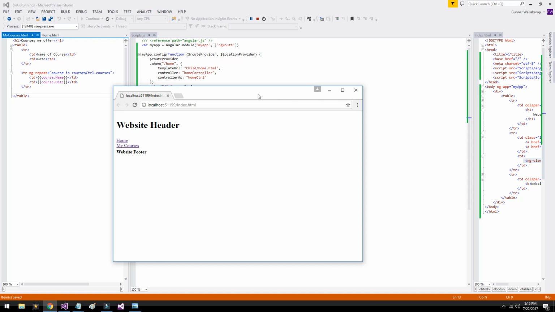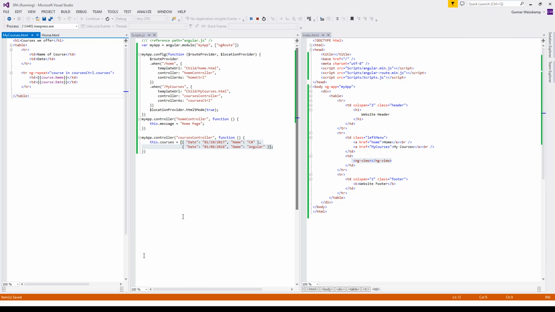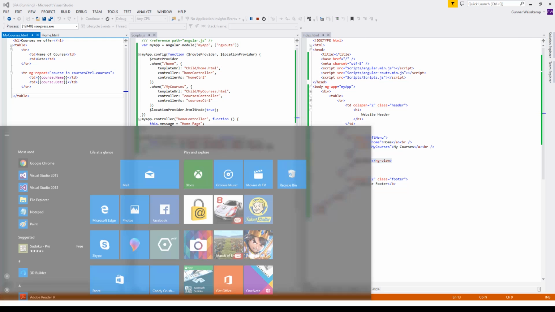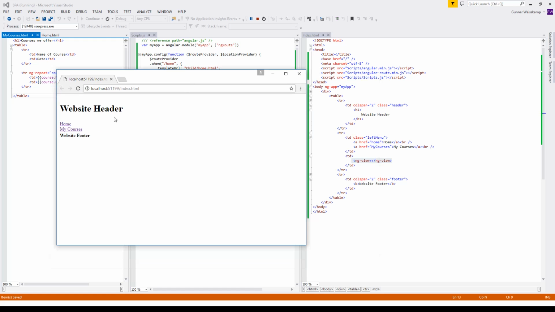Let's have a quick look at what we're seeing here. I wanted to show the HTML here. So you can see we've got our website header here. That always comes up, and the website footer here. And we've got our links here. If we click on home,